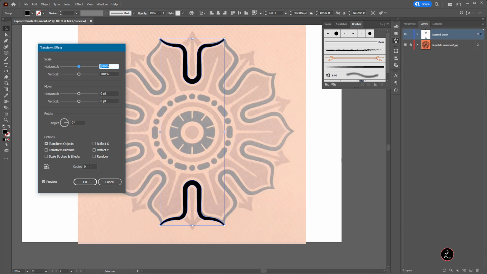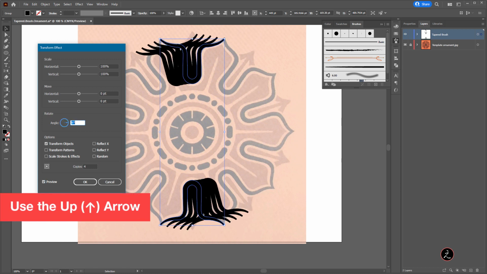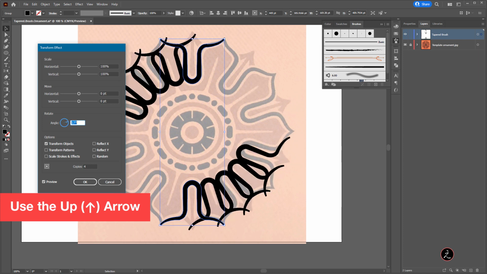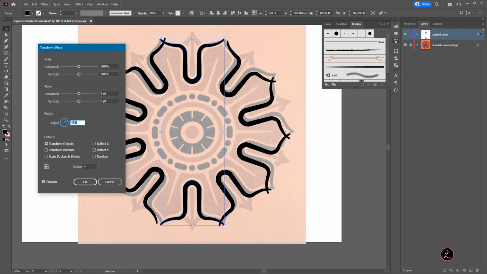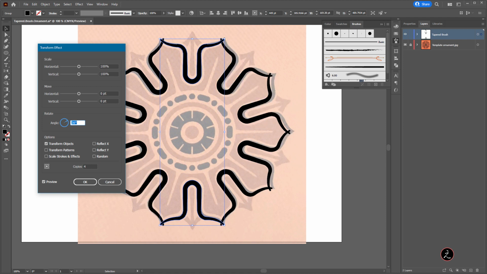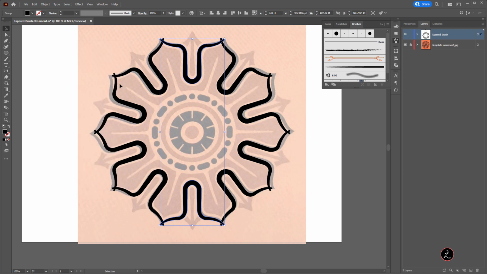So first, I will have 4 copies. And then for the rotation angle here, I'm just going to use the up arrow key on the keyboard and do this interactively till all of these shapes intersect. And I think 36 degrees works for me. I'm going to click OK, and here it is.